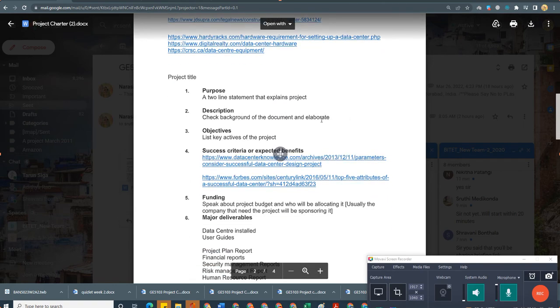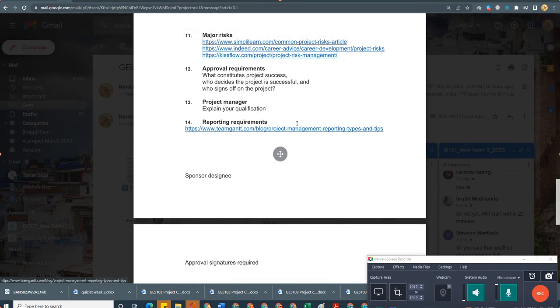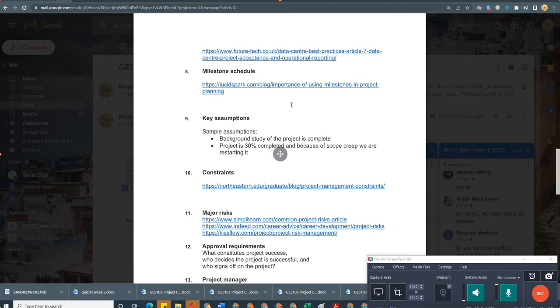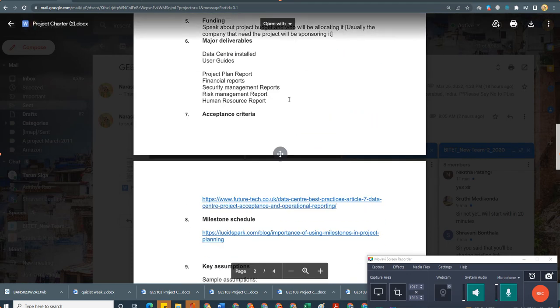Okay, so let us start this work. It contains 14 sections. You are supposed to include each and every section in your report, and make sure that there is no plagiarism. If you have worked on the concept, do better research again and give the best content. No plagiarism is expected from you.